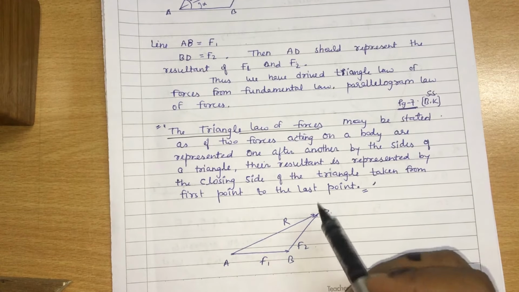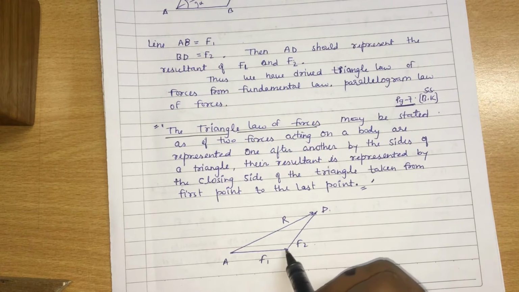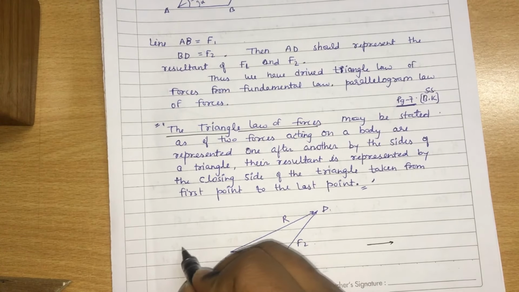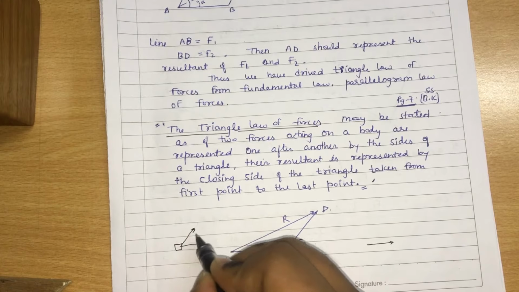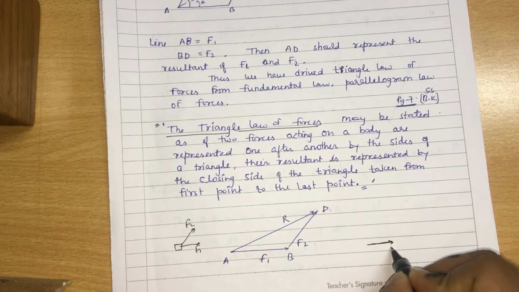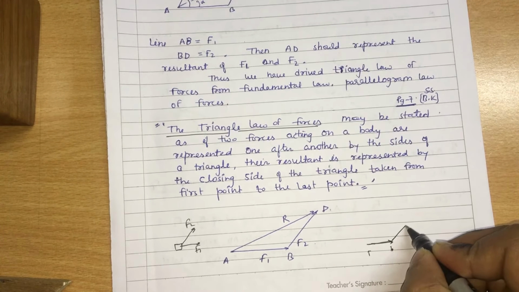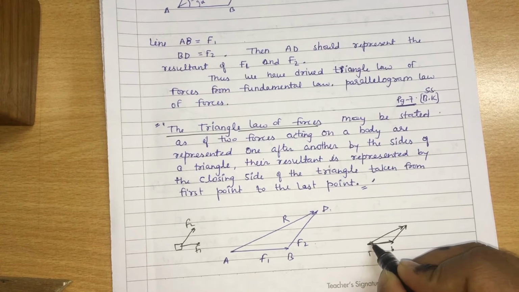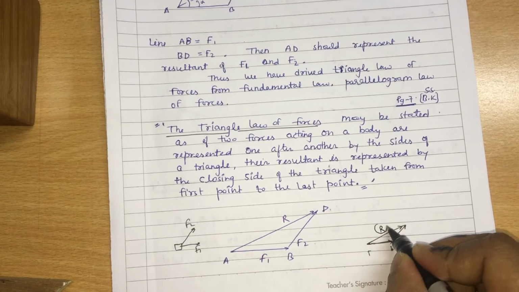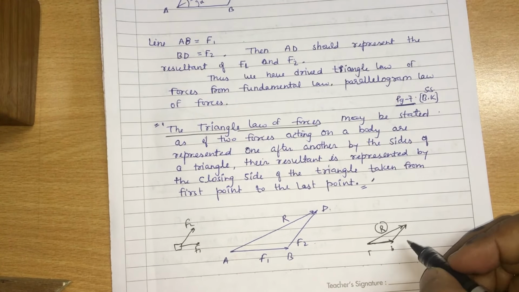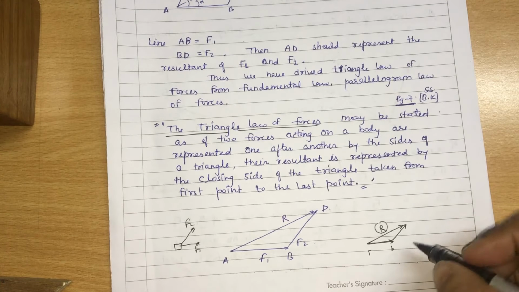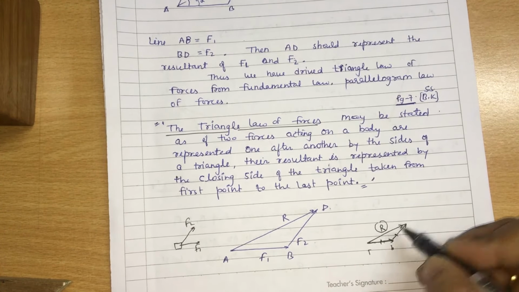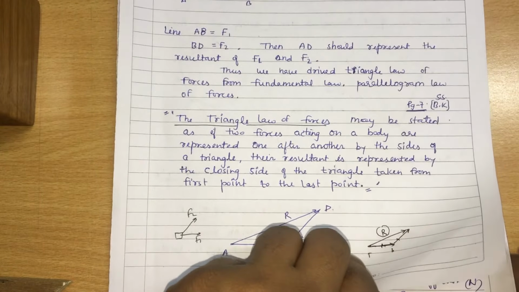If there are these two forces, I show them in this way: this is the first force, this is the body, and this is the second force. So this is F1 and this is F2. Now I arrange these forces like this is the head and this is the tail, and the second force I rearrange like this, then I join the first and last points, and joining these two points will give me the resultant of these forces. So this is the triangle law of forces, okay. All these forces are sides of the triangle, and the third, the resultant, is also a side of the triangle.